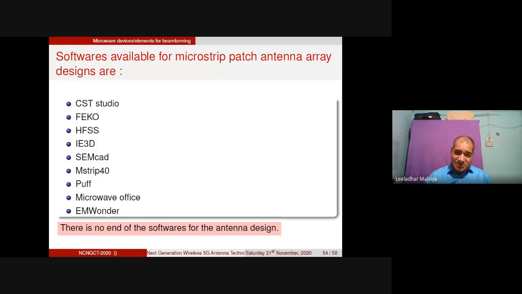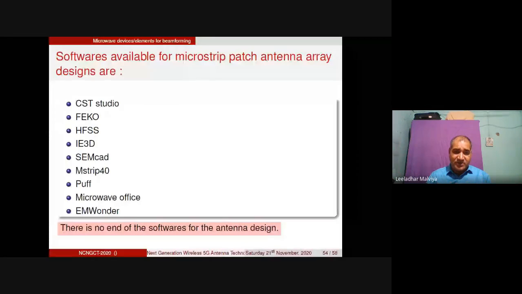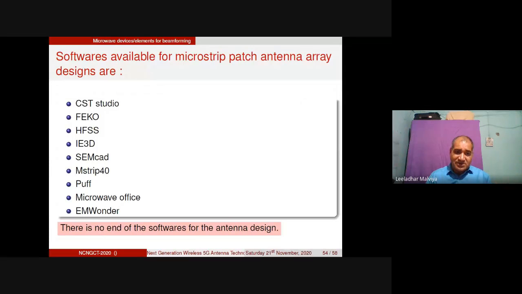So now we have so many types of software available. There is no limitation here because every day the evolution is going on and you can find so many types of software. Particularly, I'm working on the CST. My students are working on the CST. But if you think about FEKO or HFSS or I3D, there is no problem because different emulators and different approaches are used in them to solve the designs, right? So you can use any type of software for the designing of 5G antennas as well as terahertz antennas.